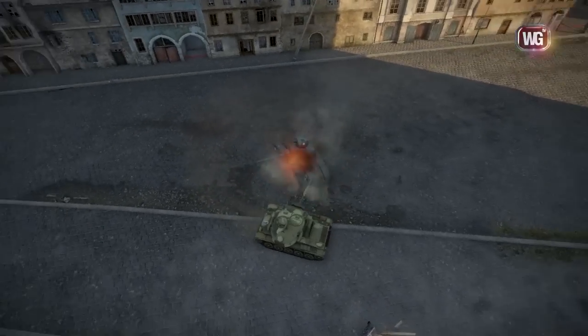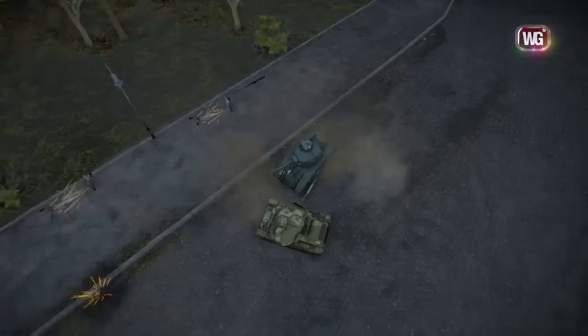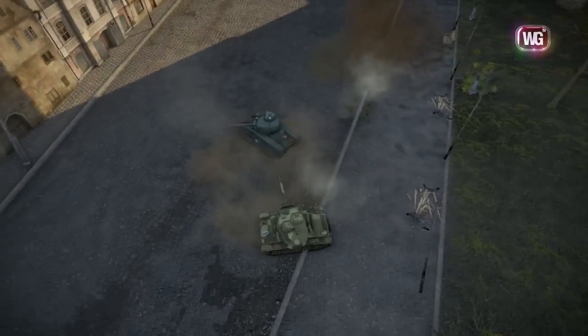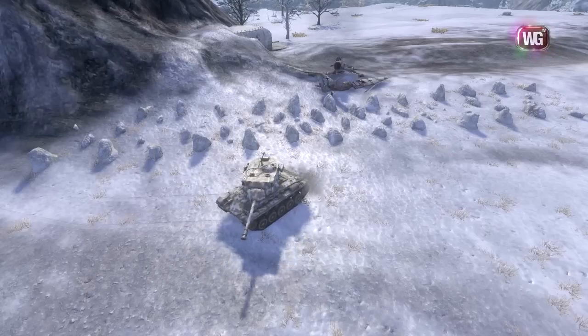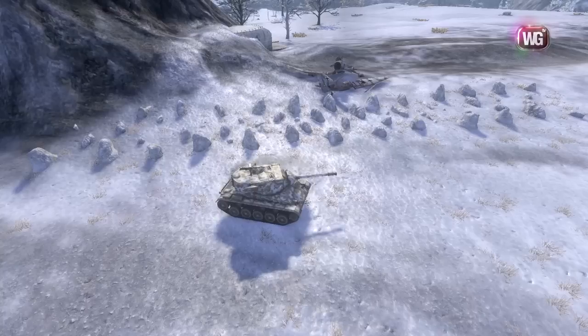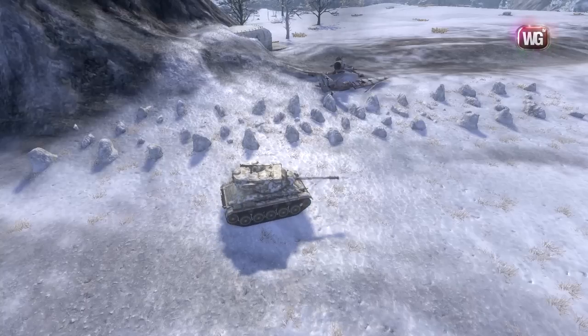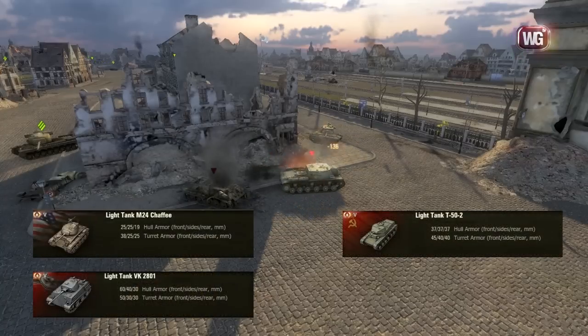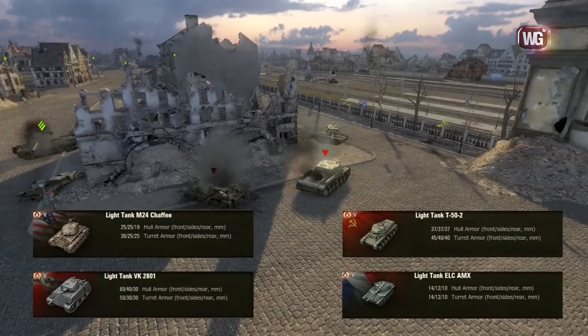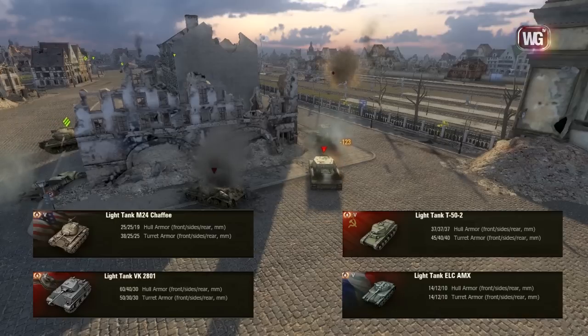The Chaffee doesn't have a problem that is common for the American TDs with turrets, when the turret can't turn as fast as it needs to during the carousel maneuver. Using the traverse speed of its hull and its turret together, you are able to turn its weapon 180 degrees in 2 seconds. Armor. The Chaffee has the weakest armor among the Tier V light tanks, except the ELC AMX,